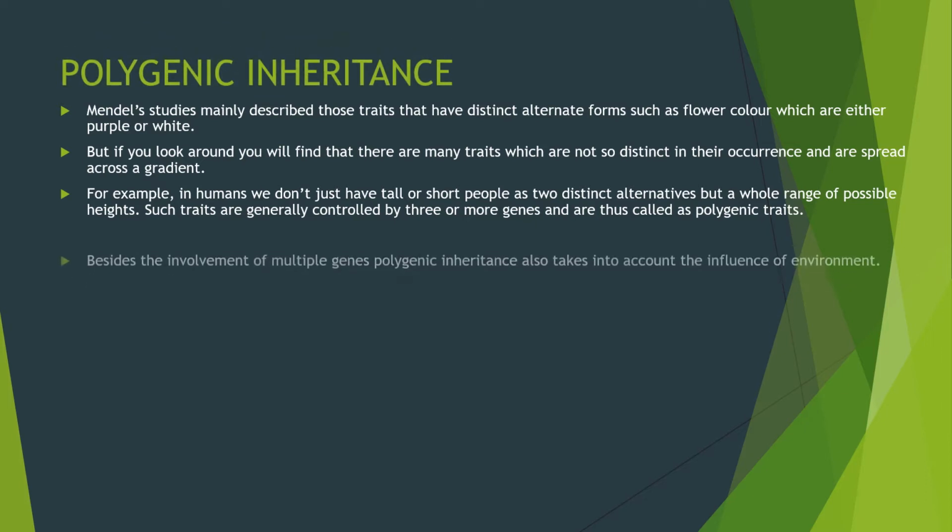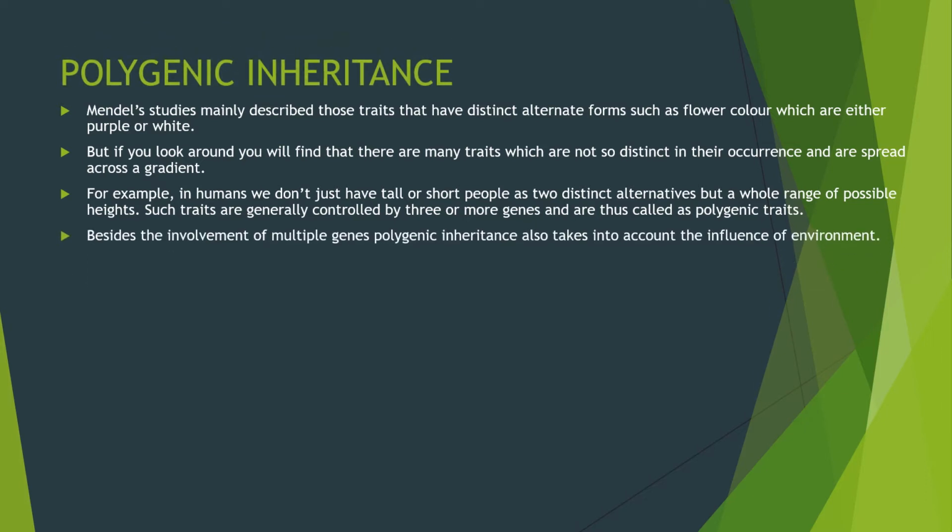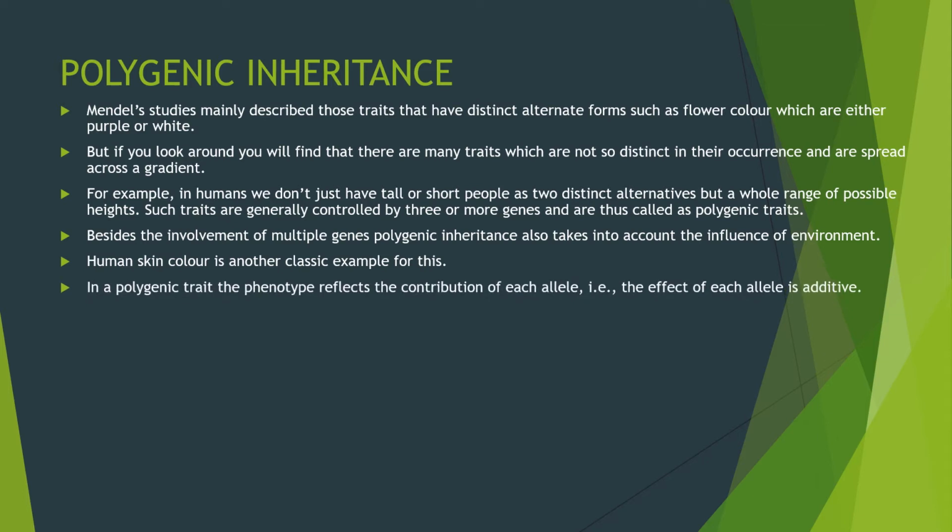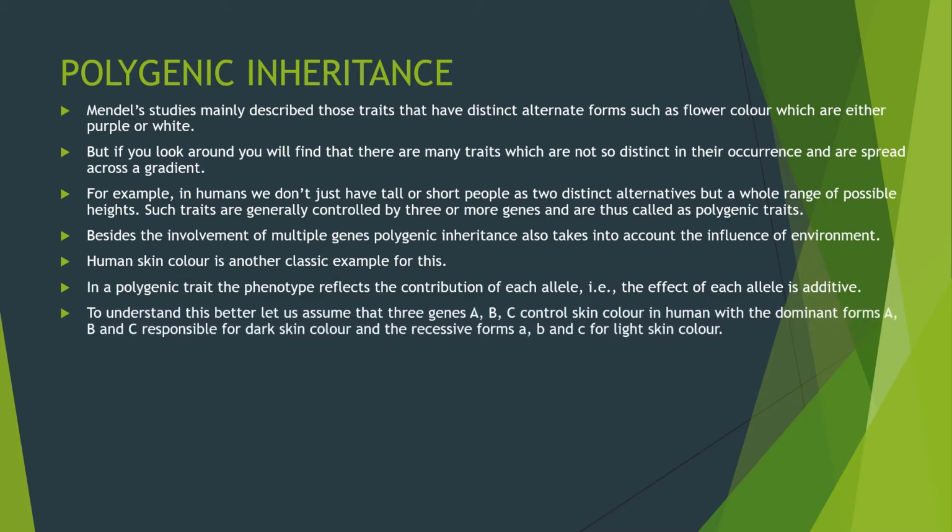Besides the involvement of multiple genes, polygenic inheritance also takes into account the influence of environment. Human skin color is another classic example for this. In a polygenic trait, the phenotype reflects the contribution of each allele, that is, the effect of each allele is additive. To understand this better, let us assume that three genes A, B, C control skin color in human